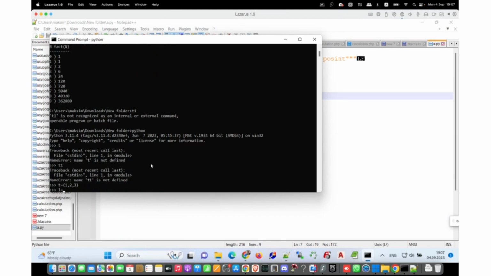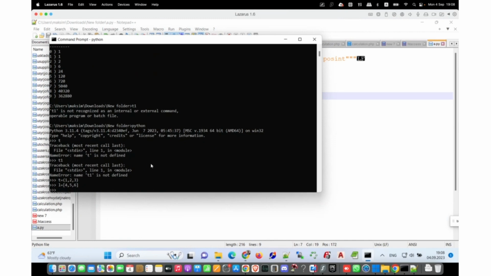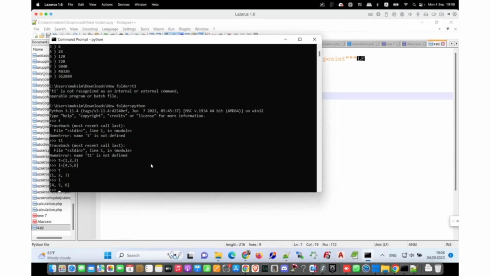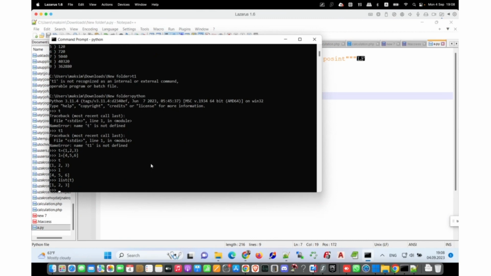And I will have the list with different values, right? So once I mention those names, I have the output of them, right? 1, 2, 3 is the tuple, and 4, 5, 6 is the list. So I can make a conversion of the tuple to the list, you see, and I receive the same values,